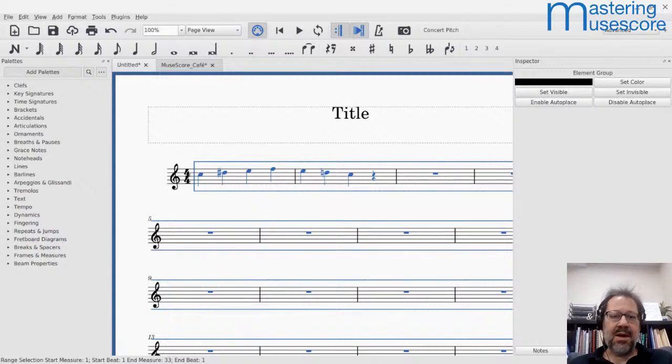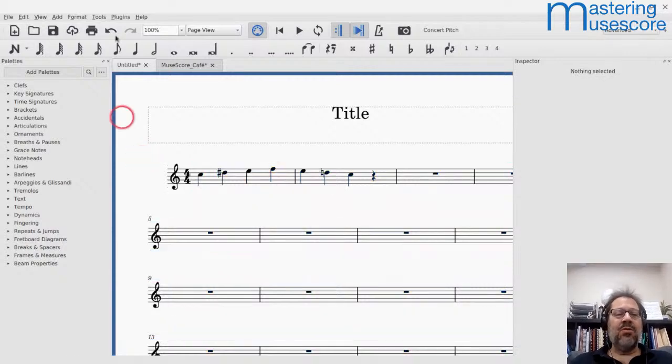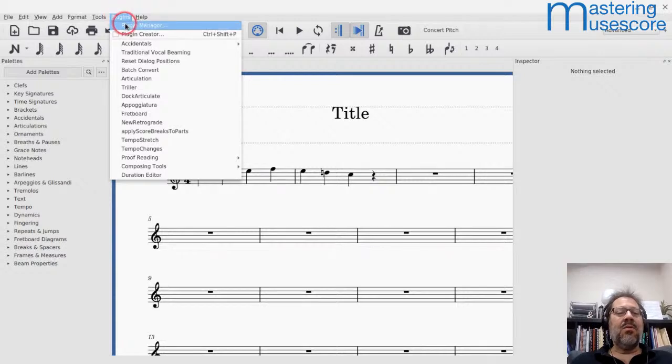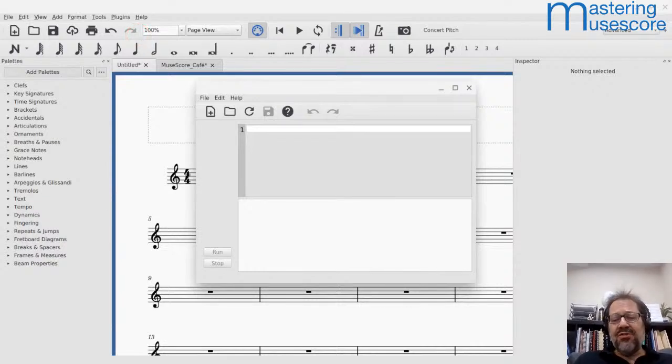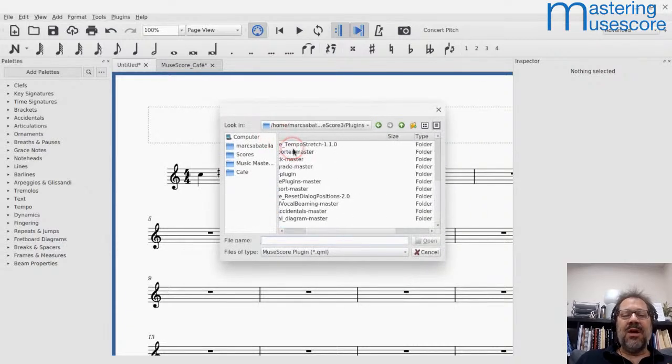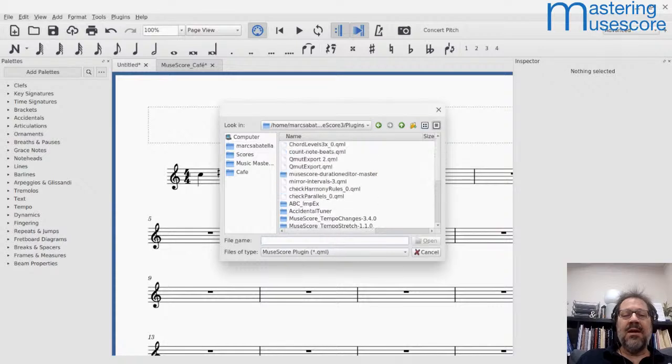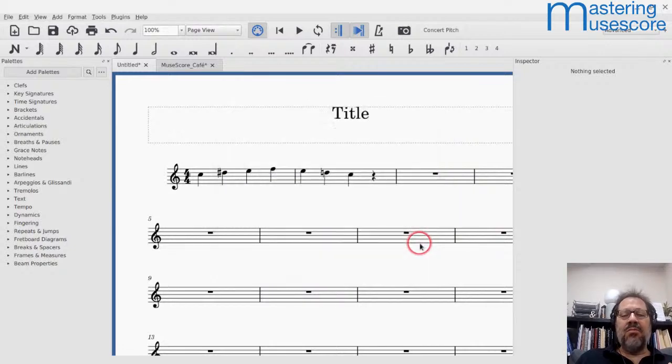And that's a whole other topic. Again, I've got a whole other cafe episode on plugins. But since that's a separate window, I wanted to show you. There it is. There's also the plugin creator. And this is for someone who wants to actually edit plugins, like write your own plugin. And it can be useful even if you're not actually interested in writing your own plugin, but you want to customize how one works. So I can then, from within here, open an existing plugin, and it shows me all these plugins that are there already in my plugins folder, and I can load one up, like this one that's Count Note Beats. This one actually displays,